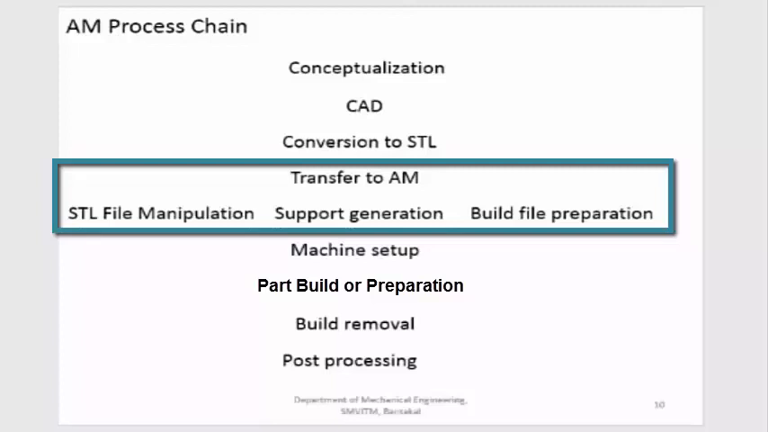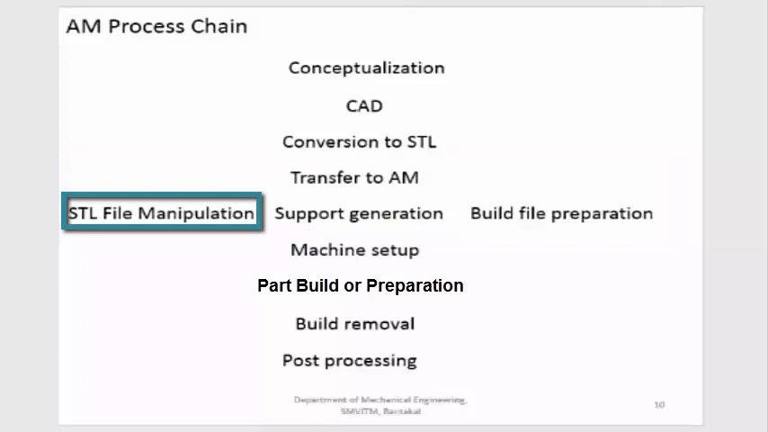The first one will be the STL file manipulation. So once you are transferring it to the additive manufacturing software, there you have to see whether any errors are there in the STL file. While transferring from one software to another software, there may be some compatibility issues. Some of the triangles will not be properly read. So some issues will be there. Some surfaces may not be very proper. You may have to make some kind of repair to the STL file